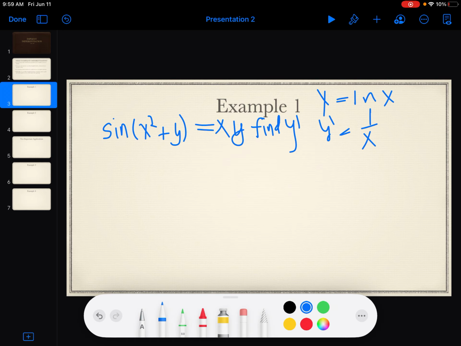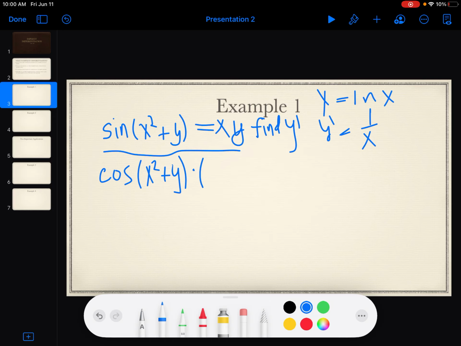In order to find y prime, we're given a function like this, and let's take the derivative on both sides, obviously. So let's start with the left side. Taking the derivative, you need to use the chain rule here, and I'm just going to do that really quickly. So we got cosine of x squared plus y times,